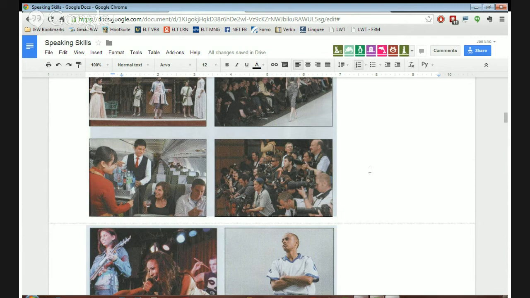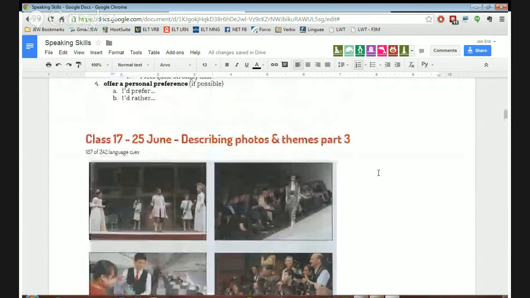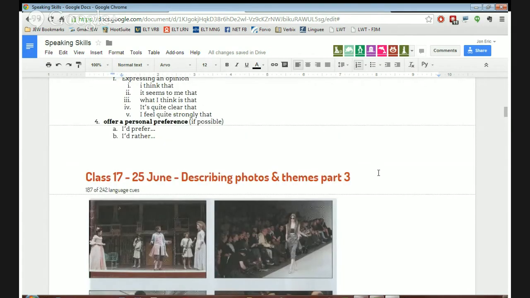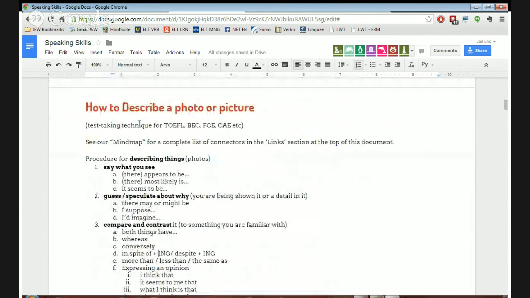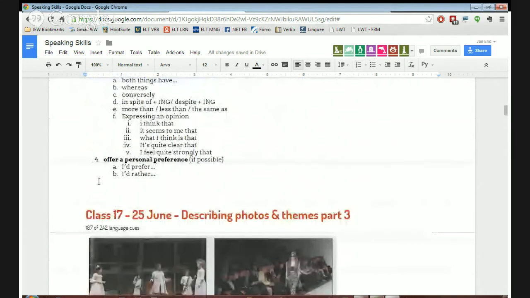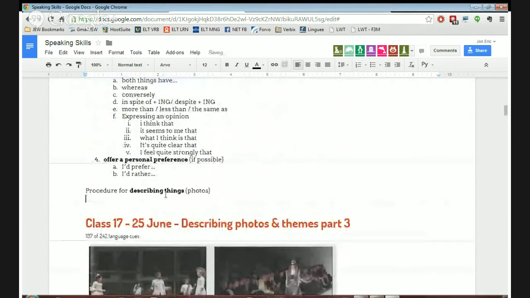Because otherwise, if we don't get to this, we're going to run out of time. So I want to make sure we get to something new today. Okay, so what I'm going to do is give you kind of a part 2 here. This is the procedure for describing things. Let me see if I can make part 2 here, which we're going to call procedure for